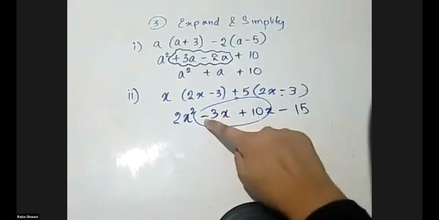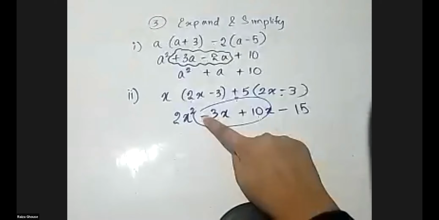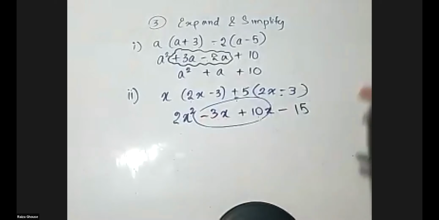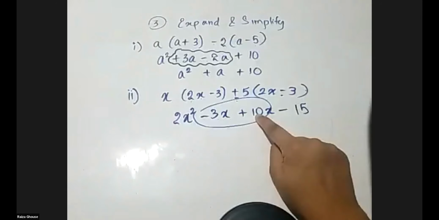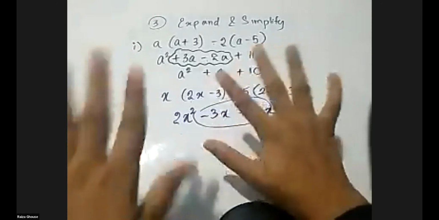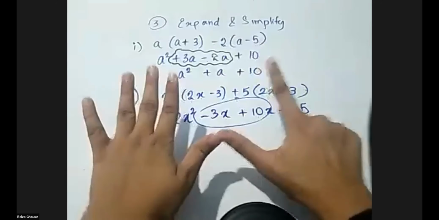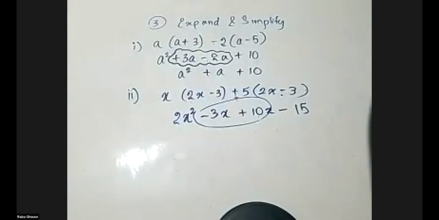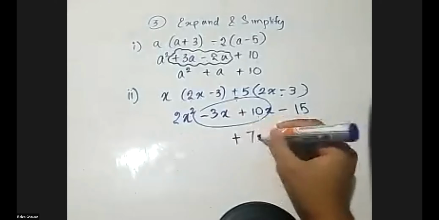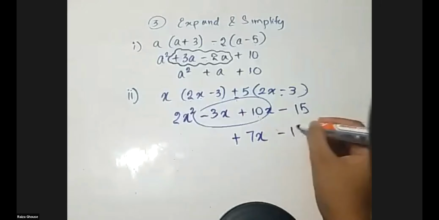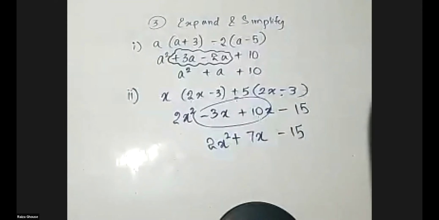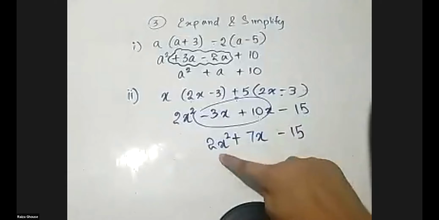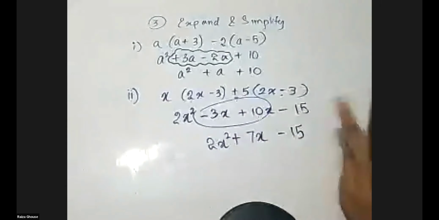Why do I say it's a debt? Because it's a negative. You have to give your friend 3 rupees as you bought some sweets yesterday from your friend's money. So you have 10 rupees and you're paying that 3 rupees to her. If you pay 3 from 10, you have 7. You have 7 means that is your money, that is positive 7x. And other things are the same. So you are getting the final answer 2x squared plus 7x minus 15. These two are not like terms, so don't add. This is a different squared term. Is that clear?